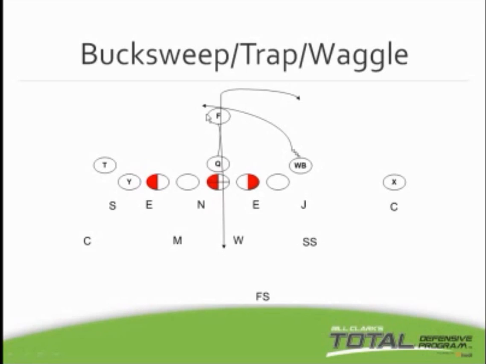The strong safety, if the wheel plays the fullback in the flat, is going to pick up the tight end, okay. On the backside of waggle, Sam has got the flat. The safety is going to play the middle of the field, and the corner is going to leverage through the backside for the throwback. So waggle, flat, deep half through the middle for the post where man covers. If the fullback's in the flat, the wheel takes him if he can, and the safety will help on the drag. If the wheel doesn't see it, the safety takes it, and the wheel helps on the drag.